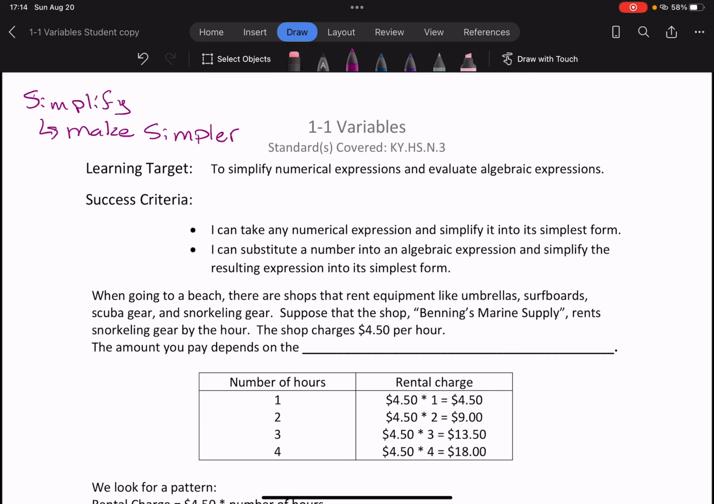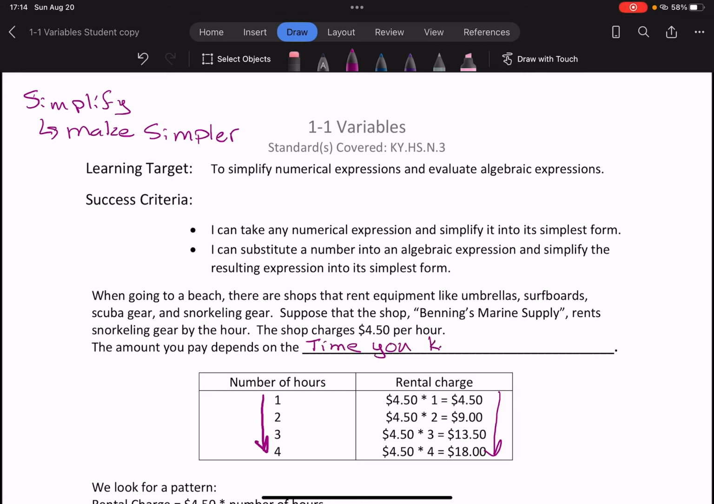And the amount you pay depends on what? What makes that dependent? Well, let's look at the table below. The more hours that I rent, so if I increase the number of hours, what happens to my charges? It also increases. So the amount I pay depends on the time